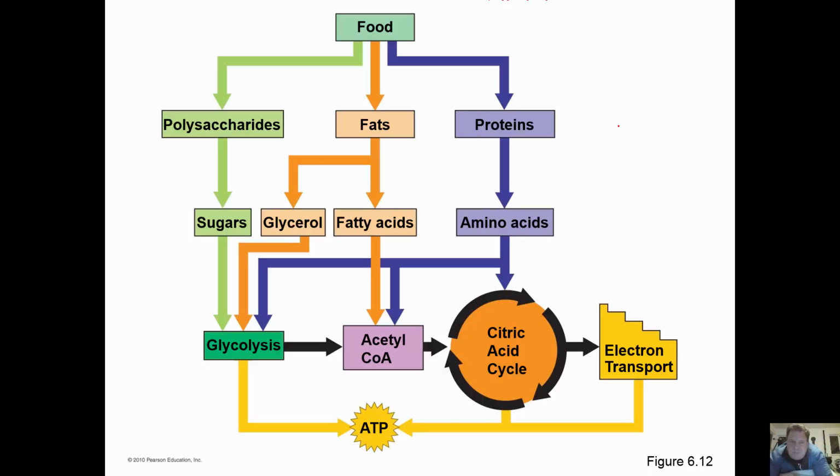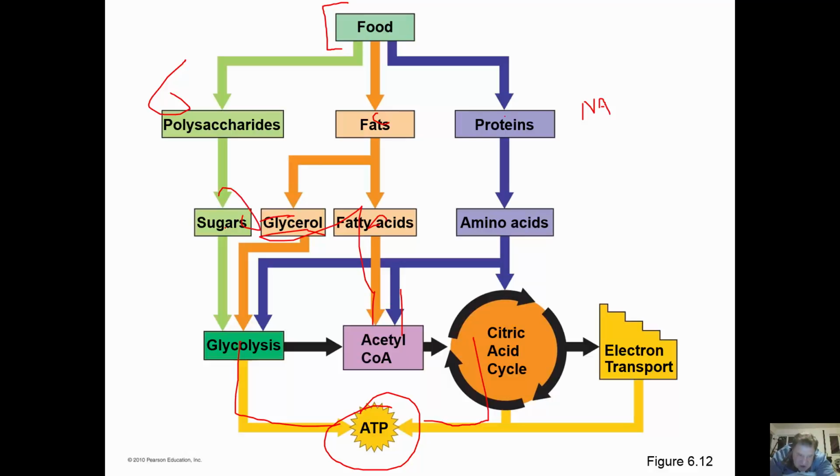So what we're looking at here is what we saw originally in respiration in chapter 6, that food consists of polysaccharides, fats, proteins, and nucleic acids. These are all the things that make up life. We can break these things down further, go through the citric acid cycle, and basically we see the production of ATP. What I'm saying here is that with the ATP, we can go through this system backwards, and we can make all these things. We can make fatty acids, glycerol, sugars, and amino acids to make proteins. And so what's going on in photosynthesis is we are essentially doing the opposite of this,